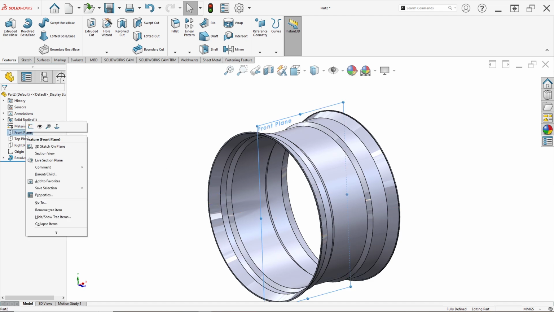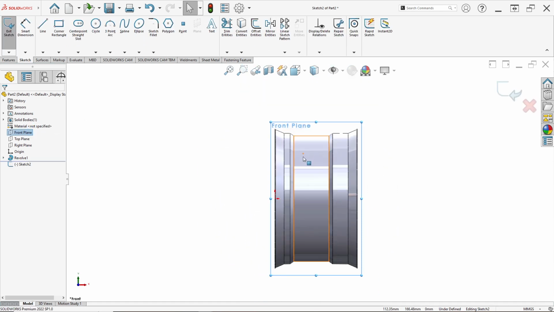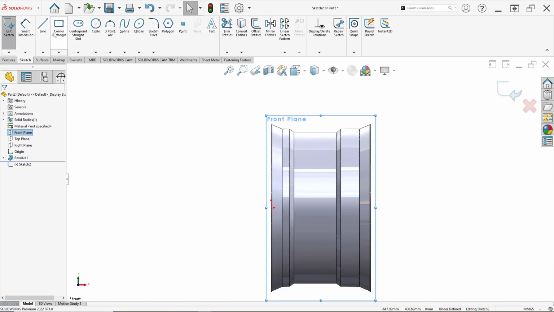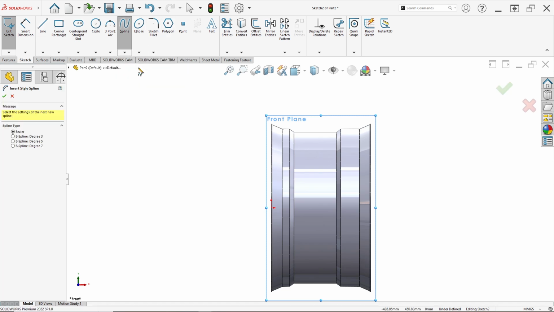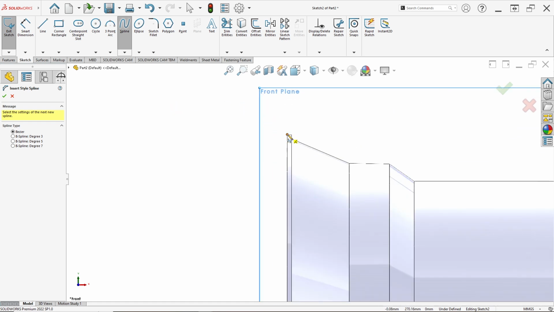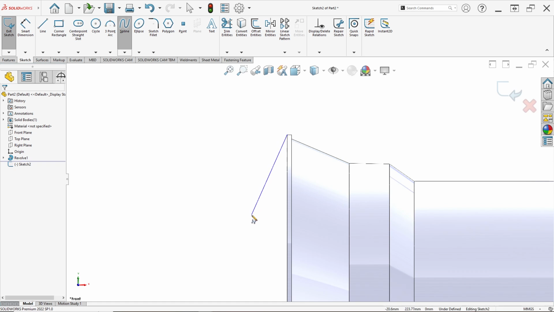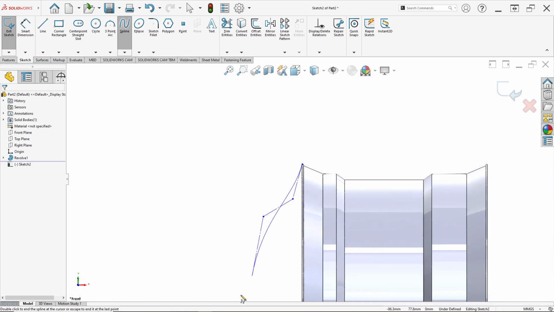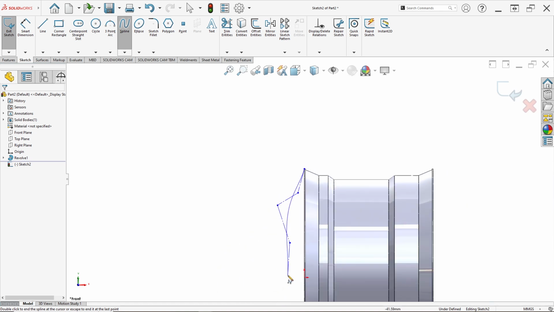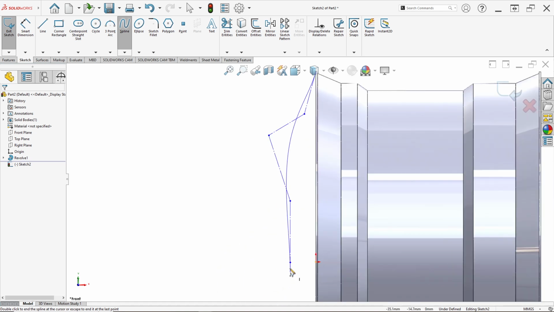Click front plane again, right click and click sketch. Draw in here, draw a style spline like this, and draw from this point to this, to this, this, and this like this.